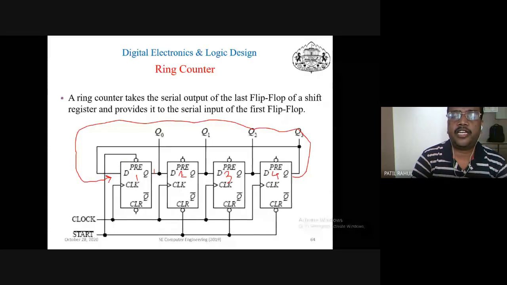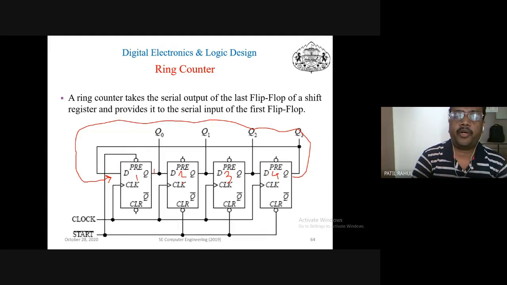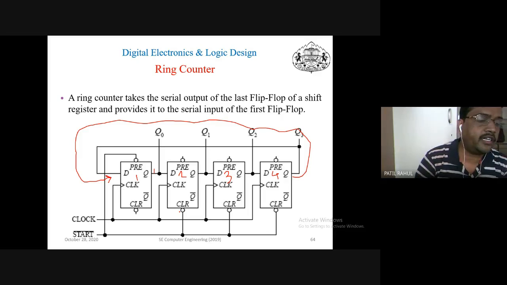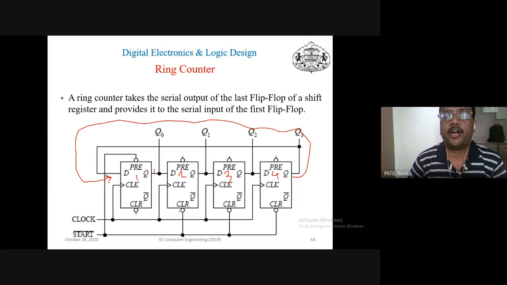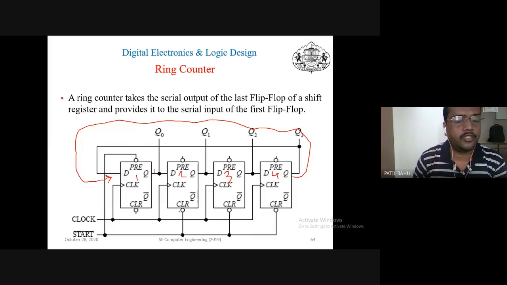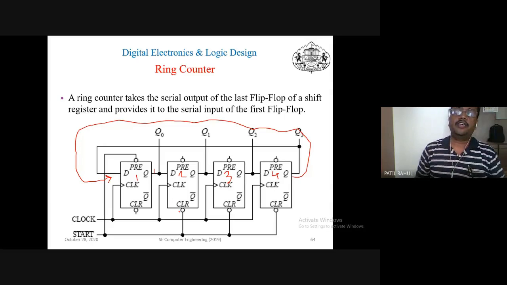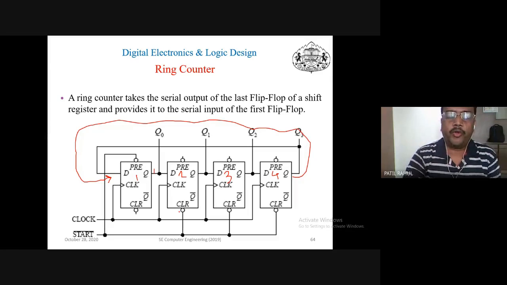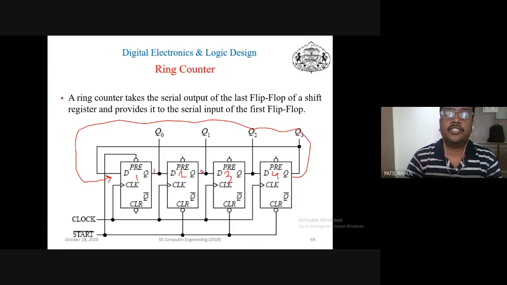Now here you check the second D flip flop, and for the second D flip flop here you connect the clear input. Then what is the output of that second flip flop? Very good, 0, because here you connect the clear input. So the output of that second flip flop is 0.